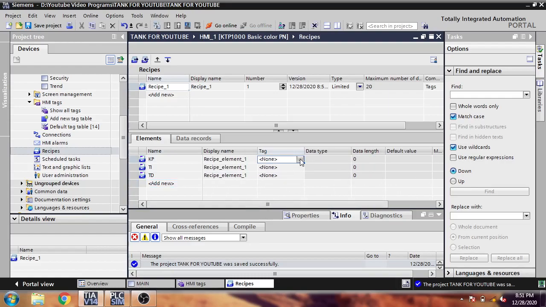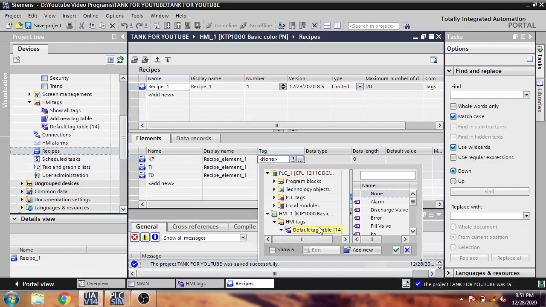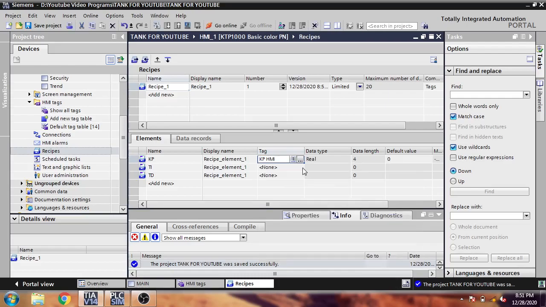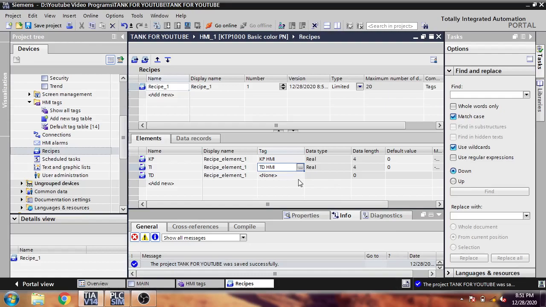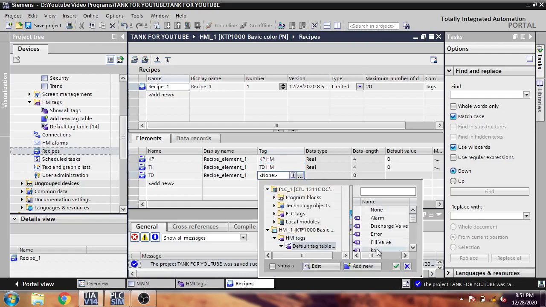Here are our tags. Now I'm going to link it with my tags, and the HMI tag, you will see. Here is our KP HMI, and I'm going to link with TD HMI. I'm going to enter another one and link TD HMI with the TD tag.